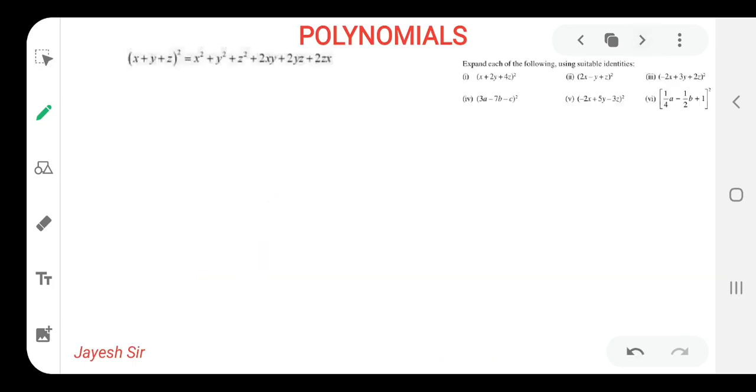So let's begin with the next part of the video. Yes friends, we are supposed to do the same thing. The LHS is to be given over here, but it has three values. Till now we have done it for two values, and this is for three values. The LHS is given and we need to find the RHS. Only one formula we are going to use in each and every sum. That's why I have written the formula over here, so that we don't need to write the formula again and again while solving the sums, as I already have a lack of space while solving such big sums over here.